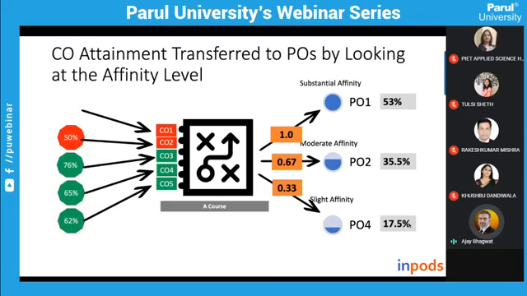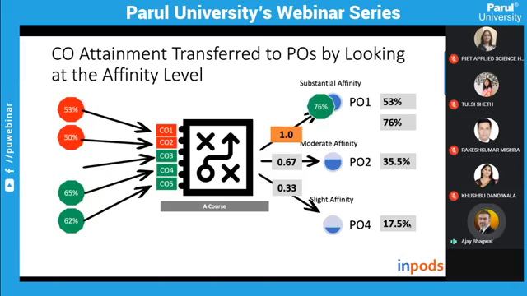So as long as you are able to do that kind of longitudinal analysis or trend analysis between the batches, which method you are using, either this method or that method, really doesn't matter, provided that it is helping you to do a right gap analysis of the POs. At the end of the day, that is what is to be achieved by implementing outcomes-based education. So any method that works for you is good enough for implementation of OBE.